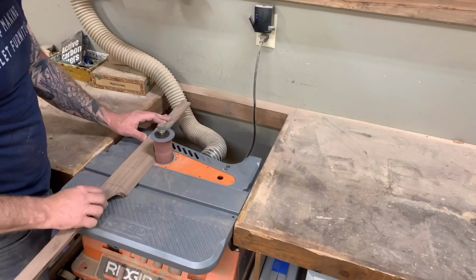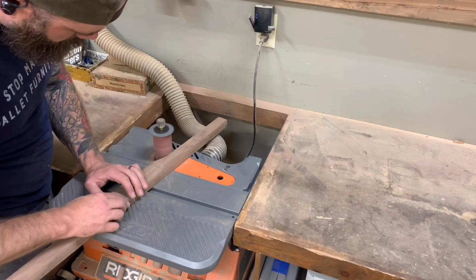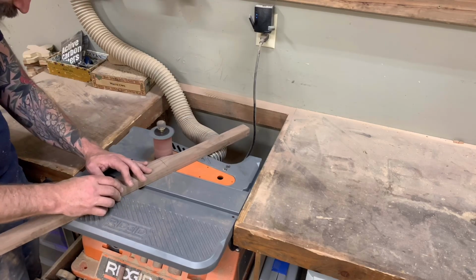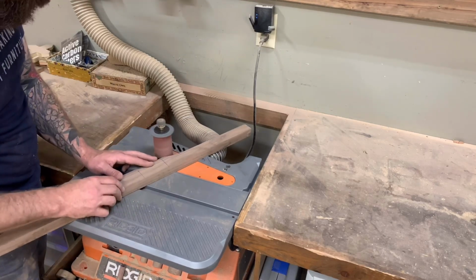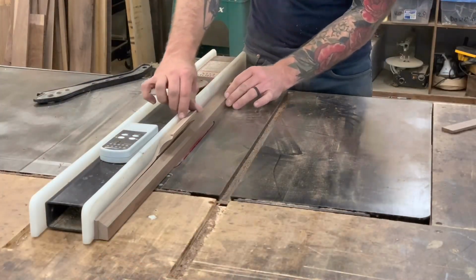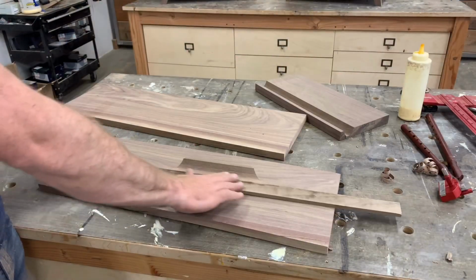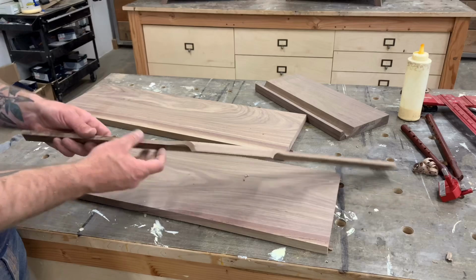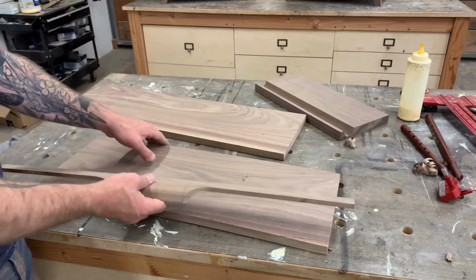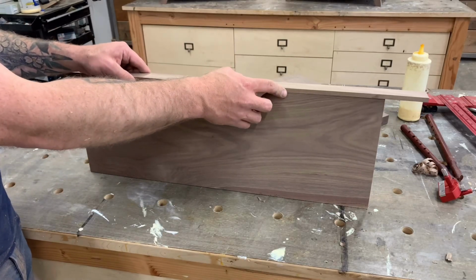After completely cutting out our shape on the table saw and bandsaw, I take the pull over to my oscillating spindle sander to clean up any excess material that was left behind, bringing the profile just to the edge of our pre-drawn referenced line. Then the only thing left to do is to cut the entire drawer pull down to 1/4 of an inch, and you should be left with a nice, beautifully shaped, curved drawer pull that you can then laminate on the top of a piece of solid stock or veneered plywood, and it should look something like